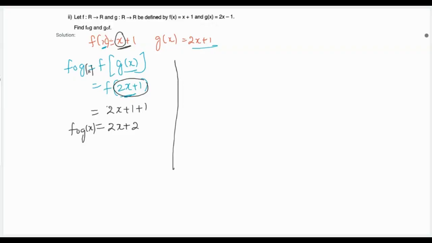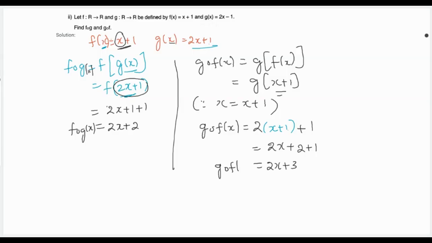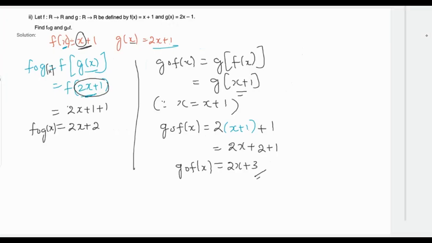Then gof. What is gof? Gof of x is g of f of x. The formula of f of x is x plus 1. So now x will change to x plus 1 in the formula of g of x. That will be gof of x is 2 as it is, in place of x we'll write the value we have, that will be x plus 1, then plus 1 as it is. So 2 into x is 2x, plus 2 into 1 is 2, plus 1. It will be 2x plus 3. So gof of x will be 2x plus 3. Hence it is done. So the next question is,